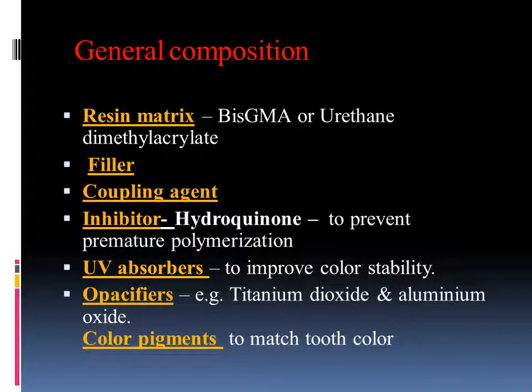The inhibitor is added to prevent premature polymerization and to give some control over the setting. Then UV absorbers to improve the color stability, opacifiers like titanium dioxide and aluminium oxide, and color pigments to match the tooth color. These last three components are added to enhance the aesthetics and make them more natural and tooth-like in